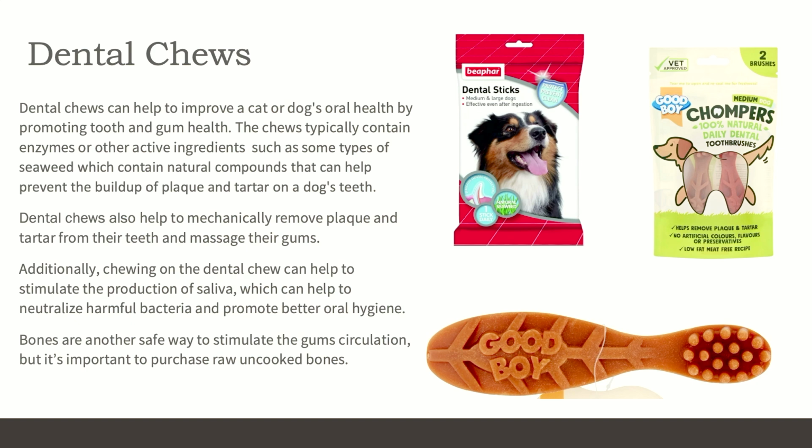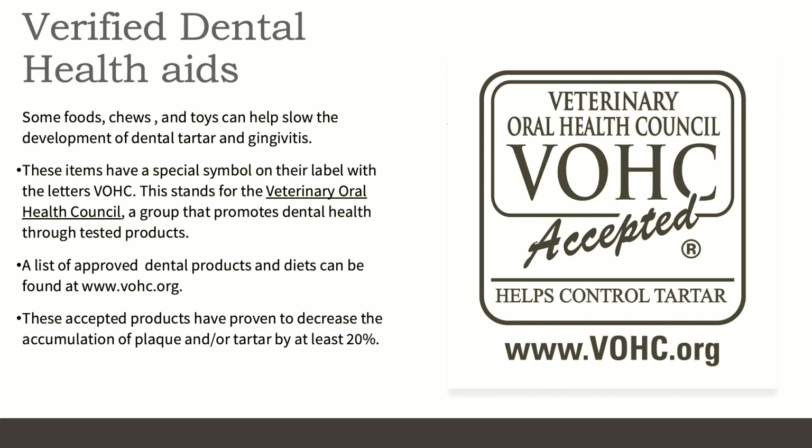Bones are another safe way to stimulate the gum circulation, but it's important to purchase raw, uncooked bones, and we'll come to that shortly. Always try and recommend verified dental health aids. Some food, chews, and toys can help to slow the development of dental tartar and gingivitis. And there is the Veterinary Oral Health Council. The items that are approved by the Veterinary Oral Health Council